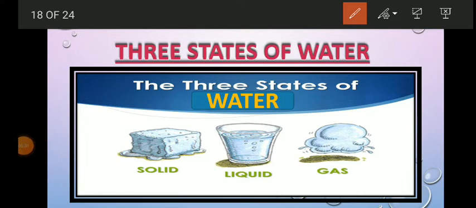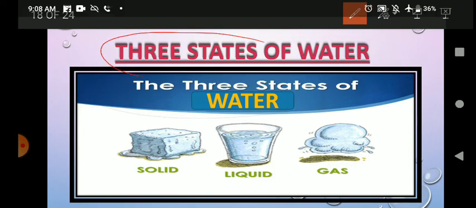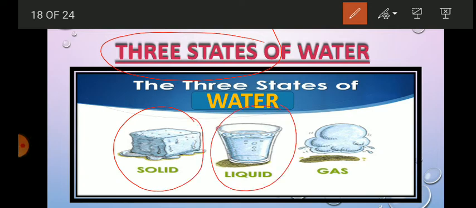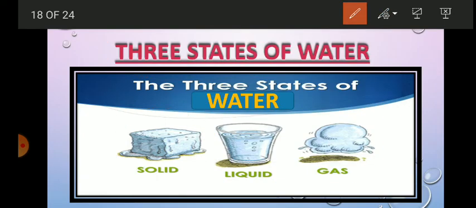Now let us discuss more about water. Let us discuss the 3 states of water. These 3 states are solid, liquid and gaseous. The solid form is the ice form.